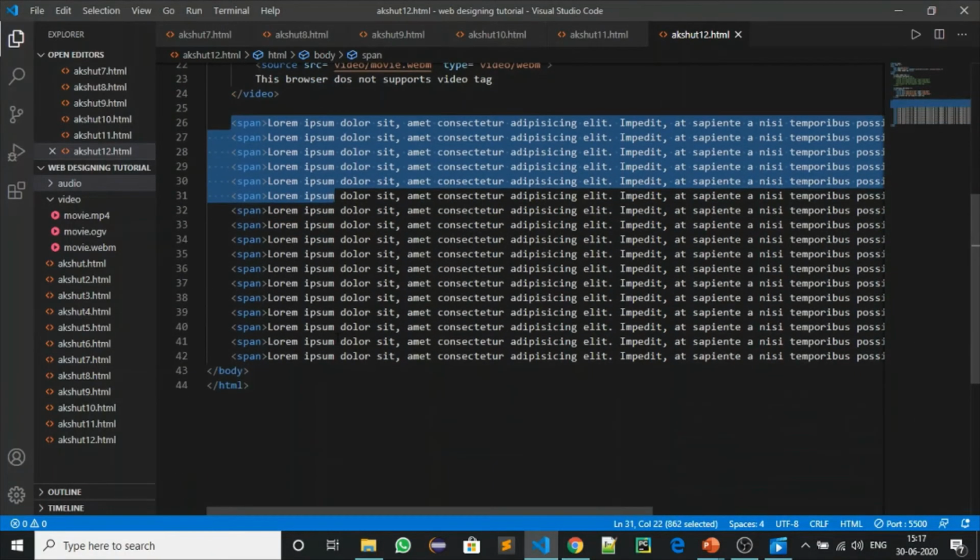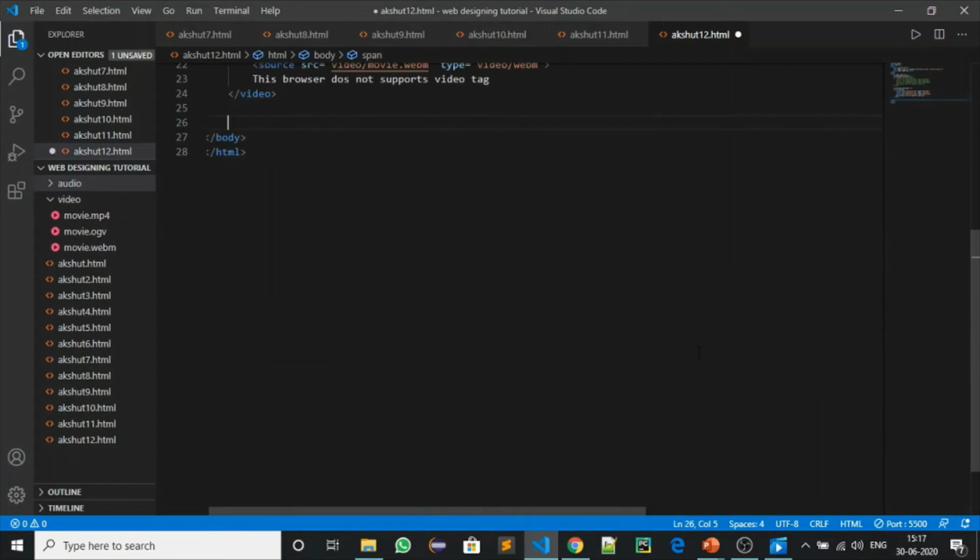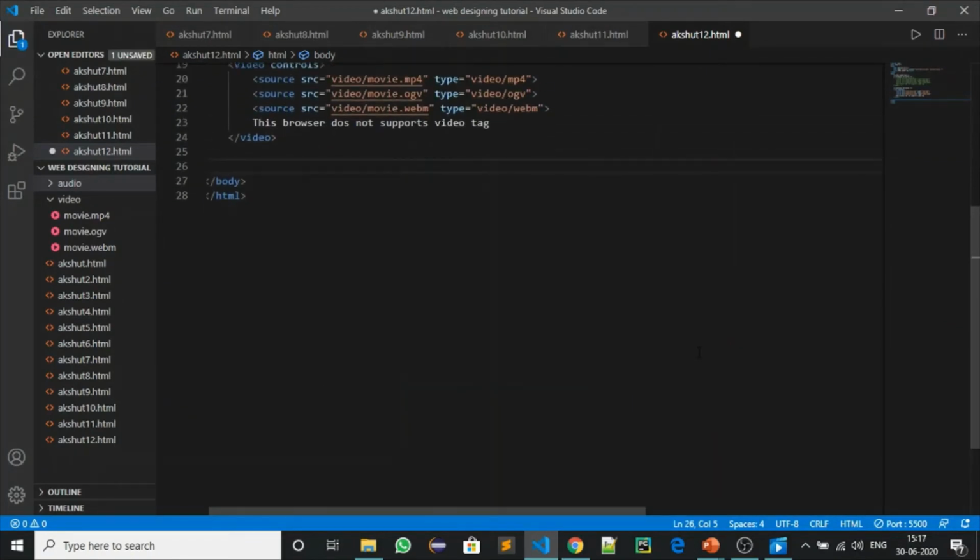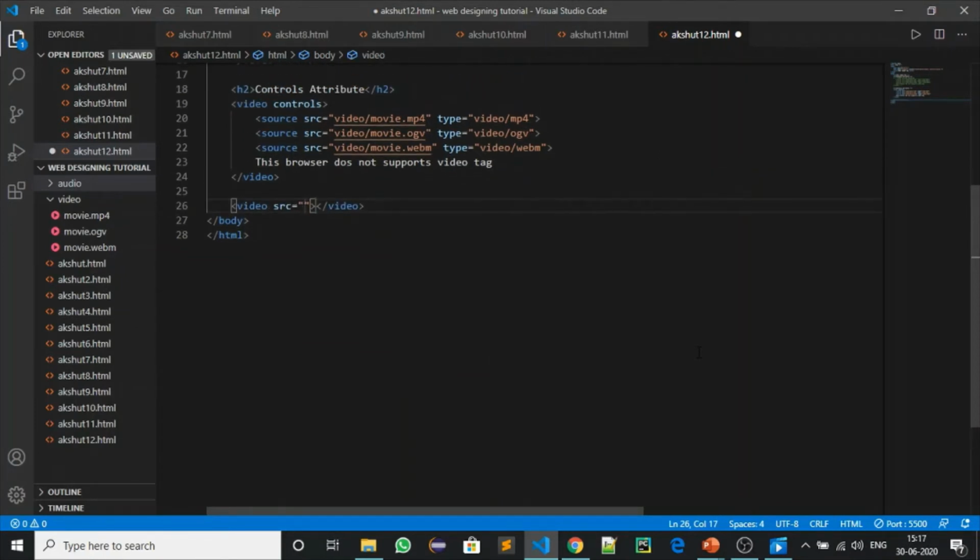So if we put the height and the width, then it will reserve the particular space for it. We can also do it by CSS by putting the style attribute, and in it we will write the width and height with pixels. So we will try it also in the end, but first let's complete this. So I will put another video tag here, src I will not put right now, and here I will write controls.